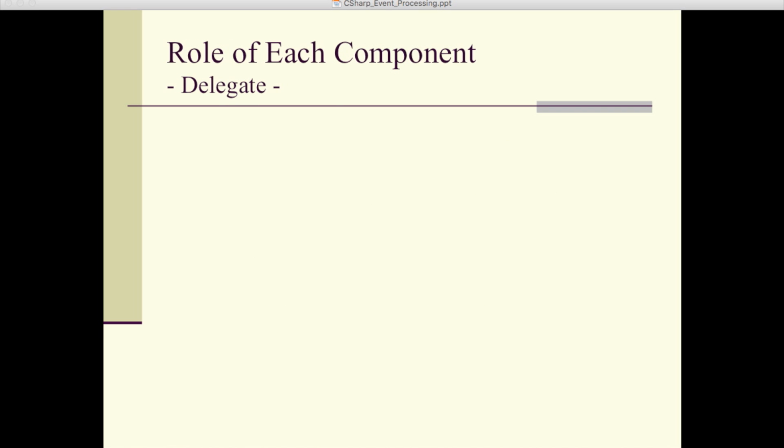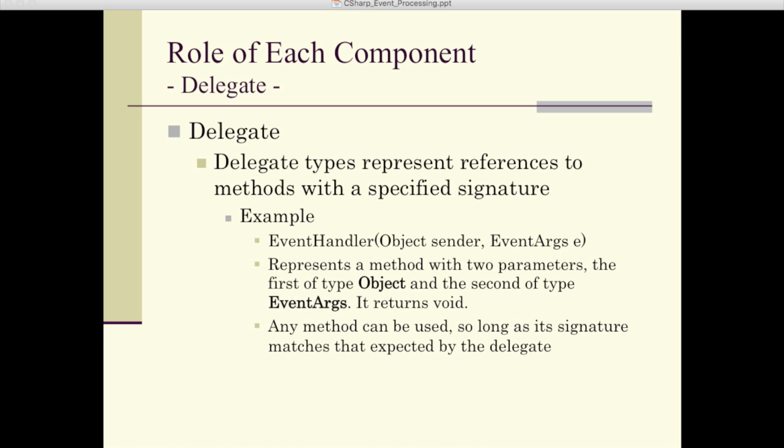Now let's talk about the delegate. Delegate types are their own category of types, right? Delegate types represent references to methods with a specified signature. So there's really two purposes. The term delegate is overloaded. You declare a delegate. And in the example of EventHandler, the EventHandler specifies the signature of an event handler method. So if you create a method to handle a click event, it has to have